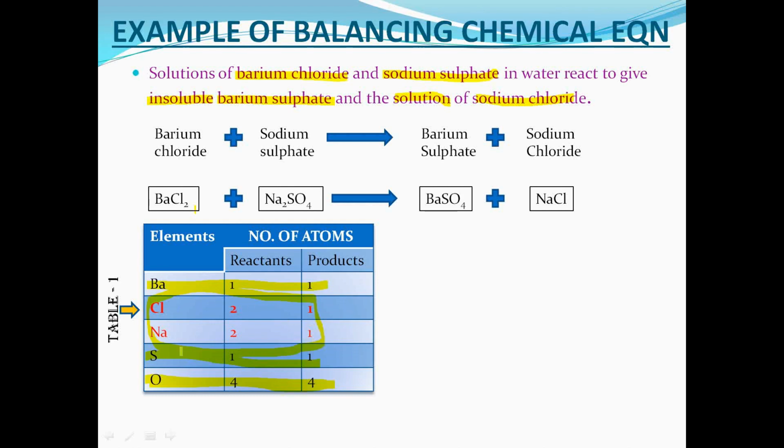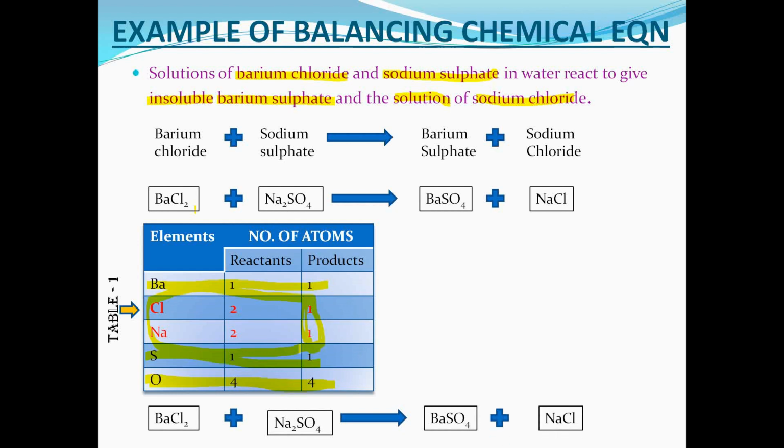Now we have to focus only on the compounds containing sodium or chlorine or both. We cannot decrease the number of atoms in the reactant, so we have to focus only on the products. Which products? Products containing sodium, chlorine or both. So let us move ahead and try to balance this. No need to change the reactants, so reactants will be the same as they are. Now in the product, no need to change BaSO4 because it does not contain sodium or chlorine. Now in NaCl, here we can make the change.